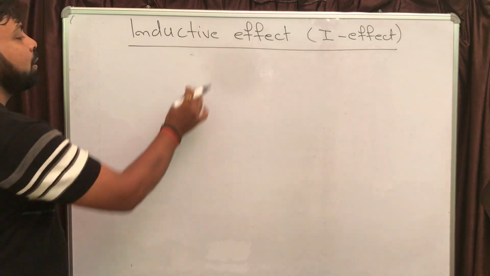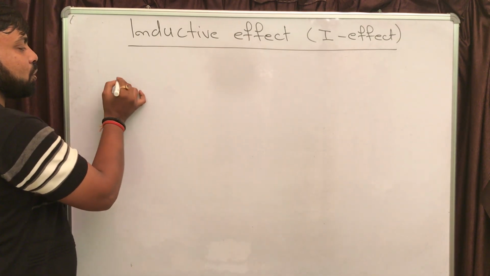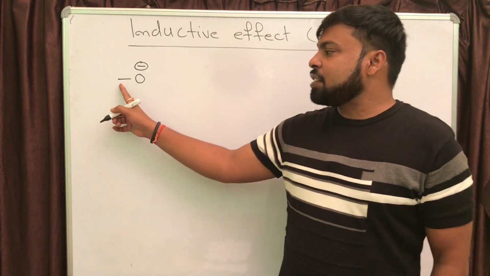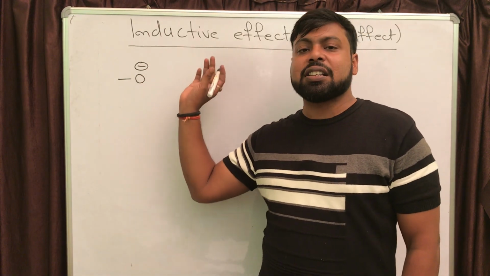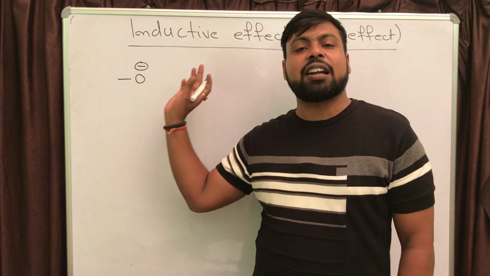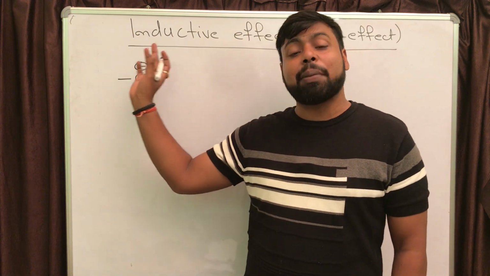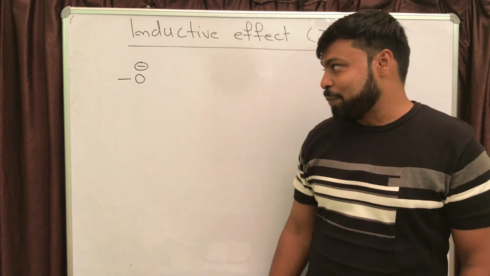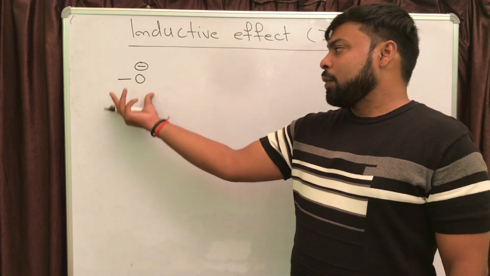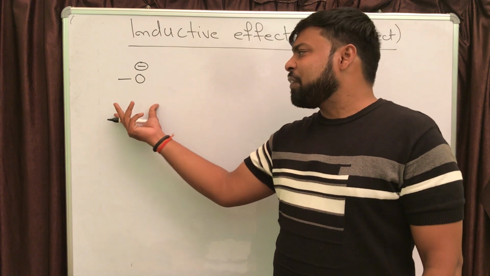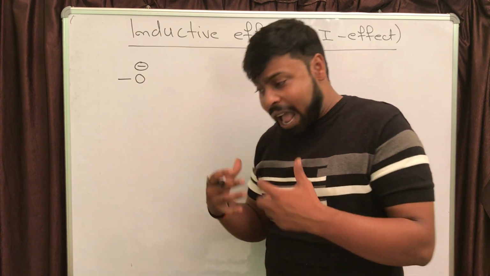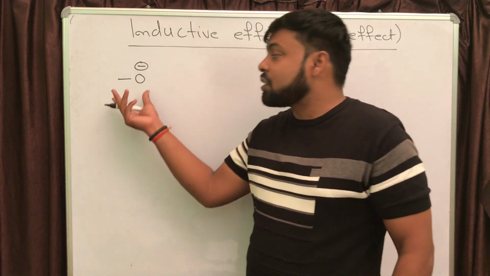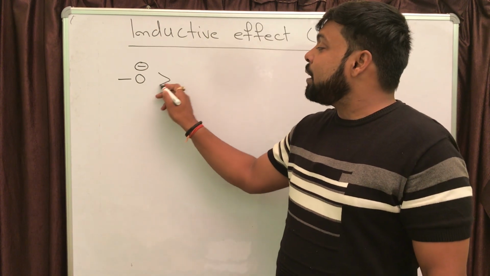Series is, the first one is O minus. This single valency is showing this particular atom is attached. This particular species is attached through a particular carbon chain or any other atom or group of atom. So maximum plus I effect, maximum electron donation ability through the sigma bond by using inductive effect, is of O minus.